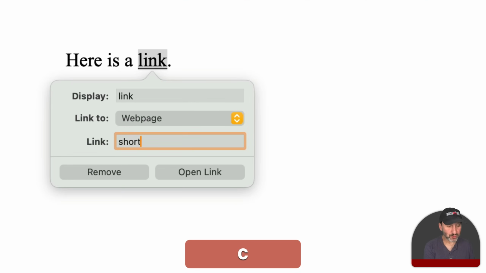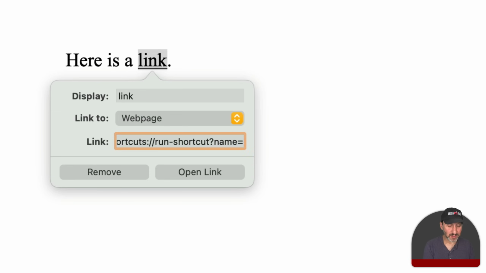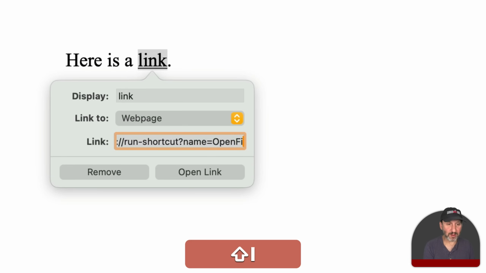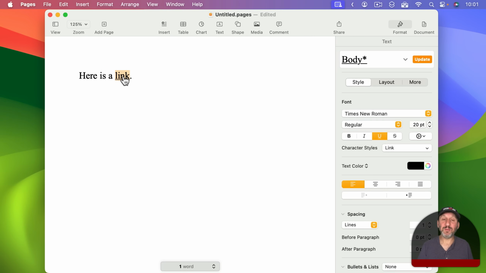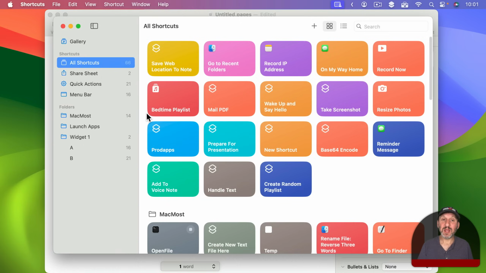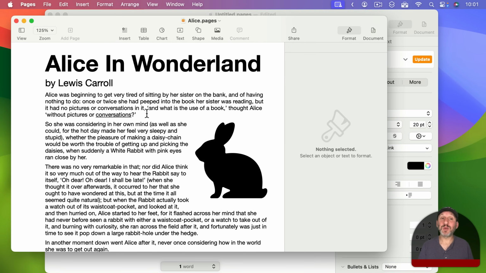You can do shortcuts, then ://, then run-shortcut, then a question mark, name equals, and then put the name of your shortcut. So in this case it's Open File. So now we've added that as a link. When I click on it and then select Open Link, it's going to run Shortcuts, and then Shortcuts will then